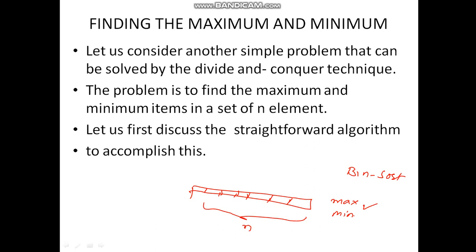Just finding a maximum we all know, just finding a minimum we all know. So we can try our iterative program, which is a brute force program, and we can find the maximum number from an array separately, and we can also find the minimum value separately. And if we want to find both maximum and minimum from a given array, we can combine both codes in a single program.